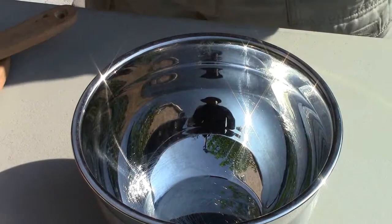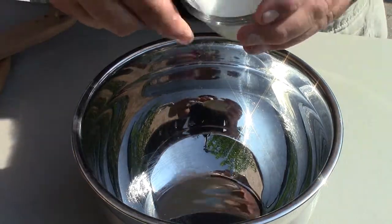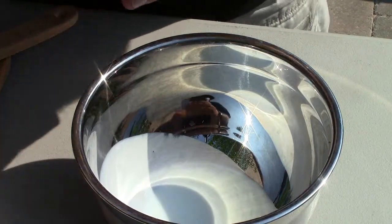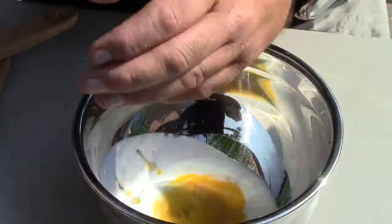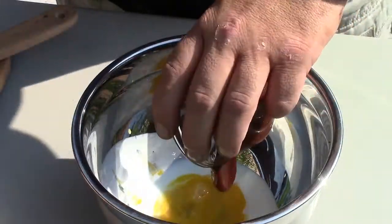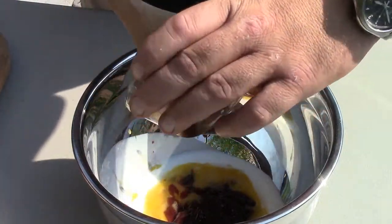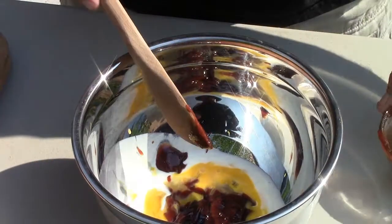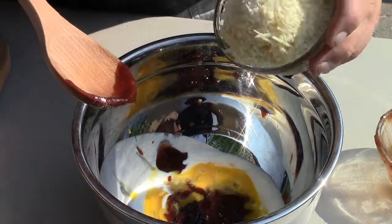Okay, let's get started on our meatloaf. We're going to start out with 1/4 cup of milk, 1 egg that's lightly beaten, about 1/3 cup of your favorite barbecue sauce, one cup of shredded Parmesan cheese,